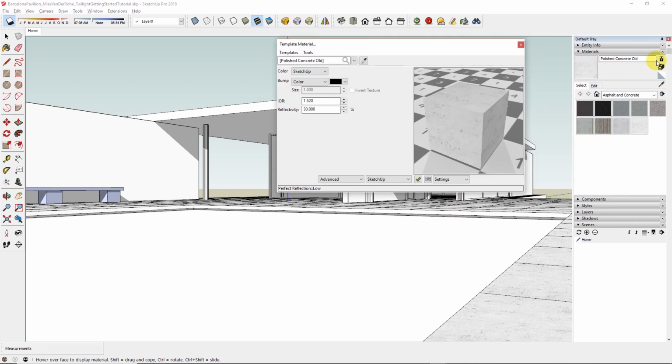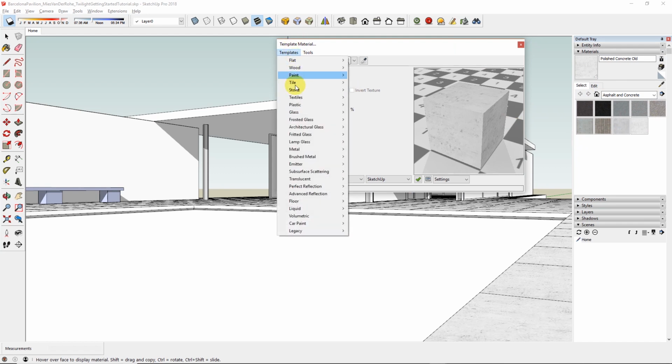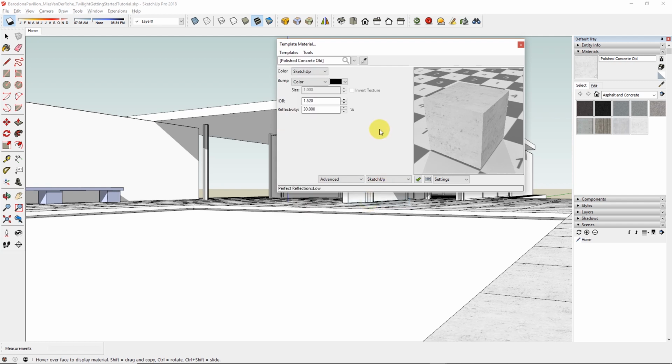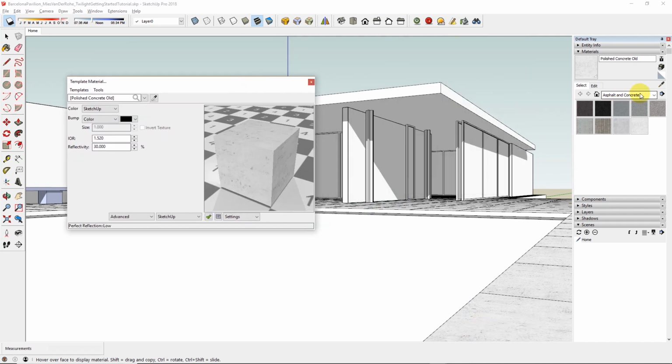This Polished Concrete Old from the Asphalt and Concrete collection in SketchUp, we applied Perfect Reflection Low, so it would be Perfect Reflection Low. And it's set up for you. Okay, so if you use glass,